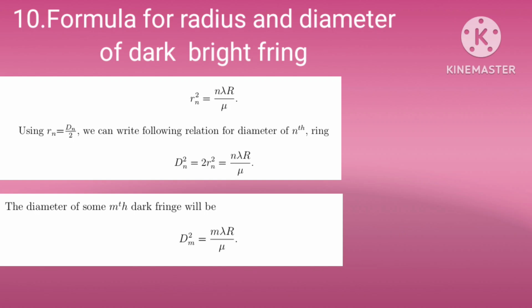Formula for the radius and diameter of dark and bright fringes. Rn square is equal to n lambda R by mu. Using Rn is equal to Dn by 2, we can write the following relation for